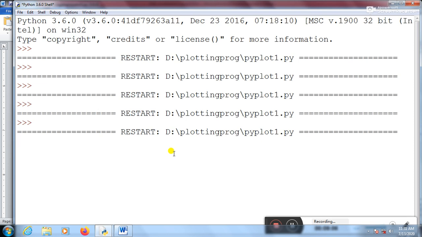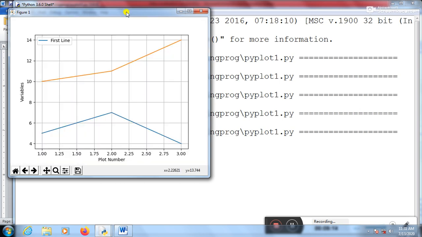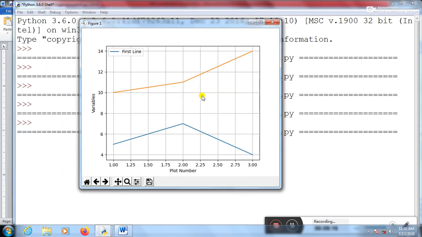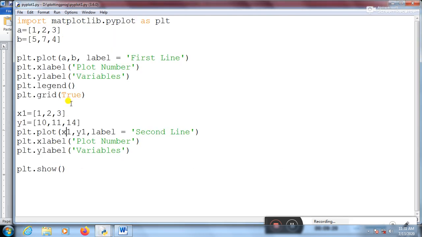Now this time, again that is the first line, and why is it giving me only the first line? Okay, because legend is true only for the first plot, legend is not true for the second plot. So what I'll do, I'll simply remove this and place it over here, and I'll also remove this grid option.